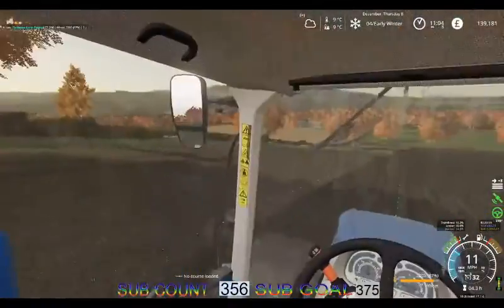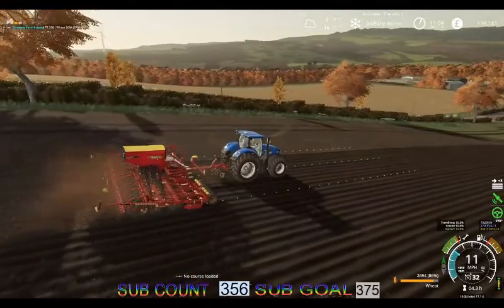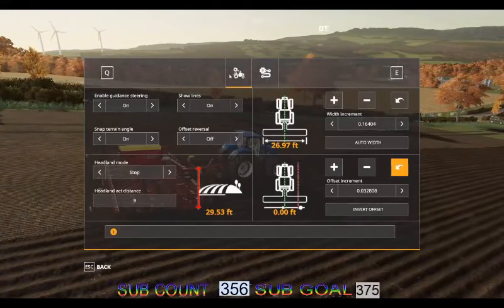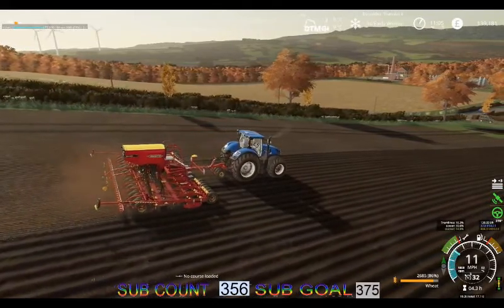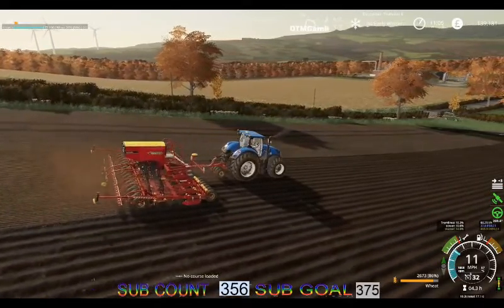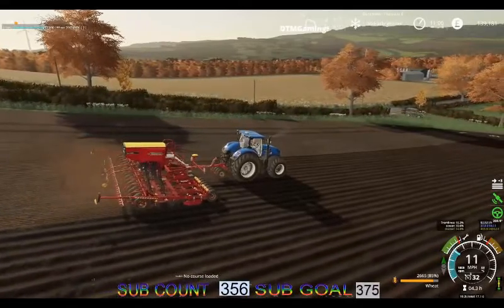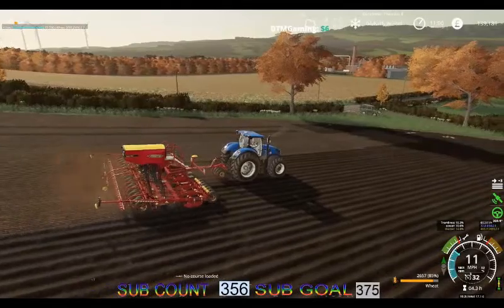We shall put the drone up so you can see us working. There you have it. We shall also, there we go, that is looking better. And now with the drone in the air, we can get the last of our winter drilling done. We had got the last of the winter drilling done until